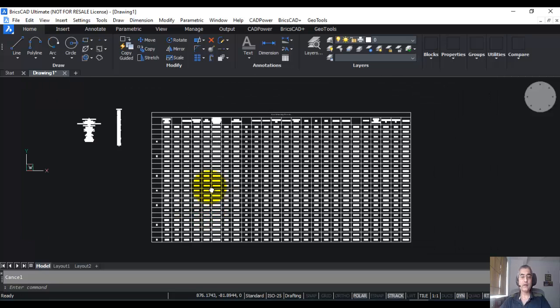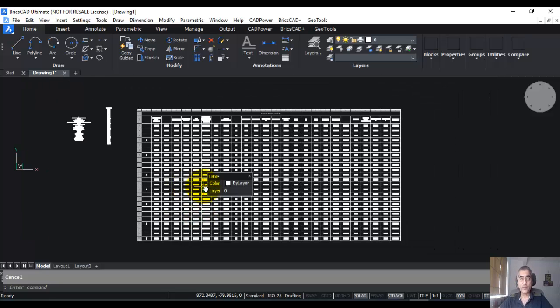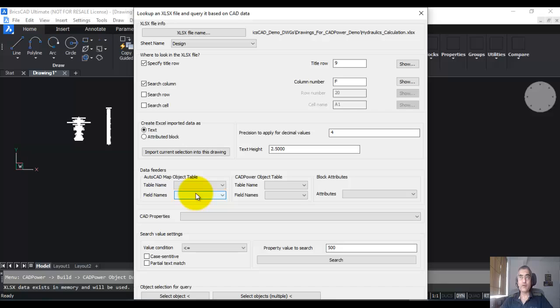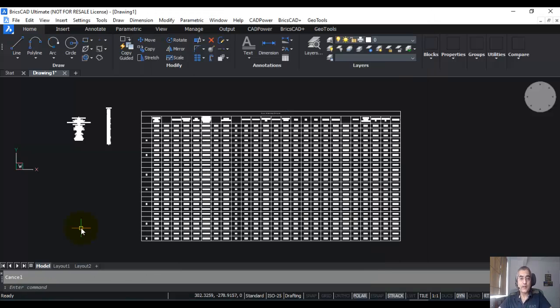Using this technique, you can query any Excel drawing logically based on columns or rows, based on equal to, less than or equal to, greater than or equal to, or not equal to, and run a query. This is part of our data mining tools in CAD Power, which allows users to peek into the Excel file and query the information as required. There are more options in this query. You can also do a case sensitive query, or you can do a partial text match. So it's only your imagination and your right use of options here that will allow you to get exactly the data that you require. That is how the basic and simple CAD Power Excel import tool